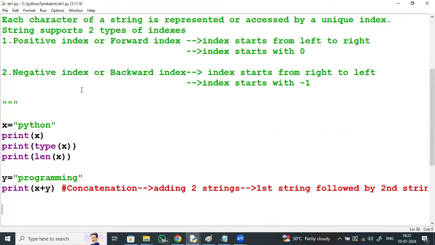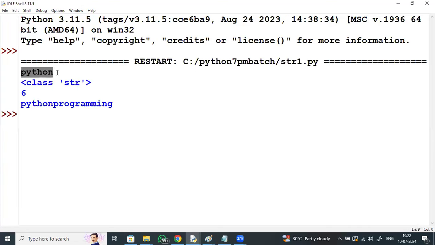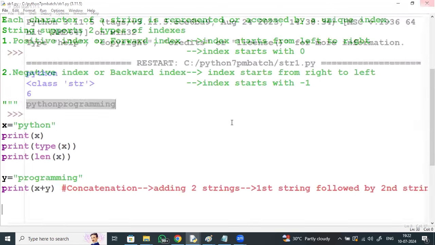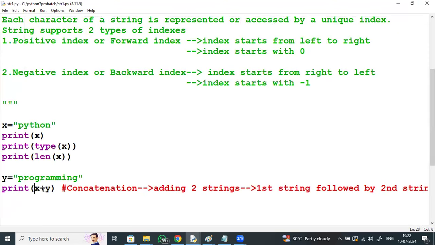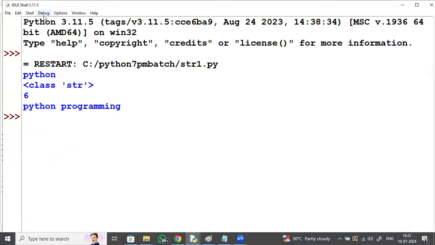str1.py. Check this, run module. Yes. Printing that string, what type? Str type, length is 6. Python plus Python programming, first string followed by second string. I want a space between these two strings, right? Yes, I want one blank string between these two. So, Python space programming. Okay, this is what